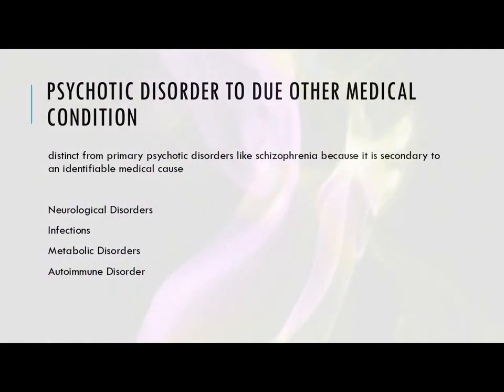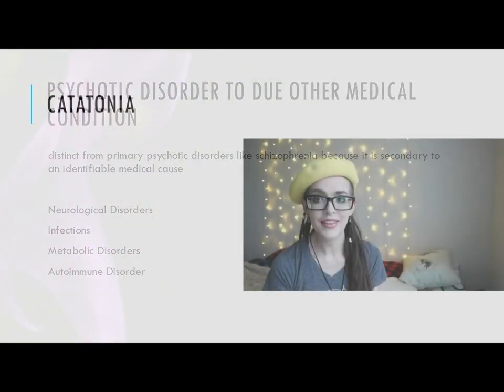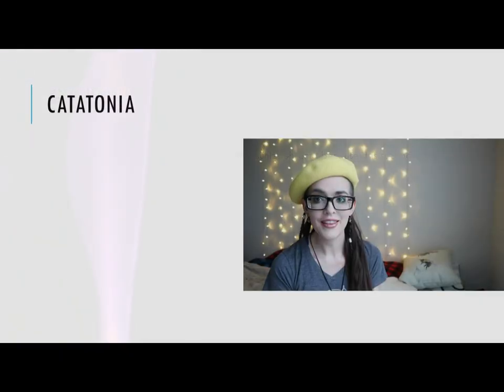I want to talk a little bit about catatonia and what catatonia is, because catatonia is a psychomotor syndrome that's characterized by abnormalities in movement and behavior. It's a broad definition that can have lots of different subsets. So you can have stupor, which is no psychomotor activity, and a person basically is not actively relating to the environment.